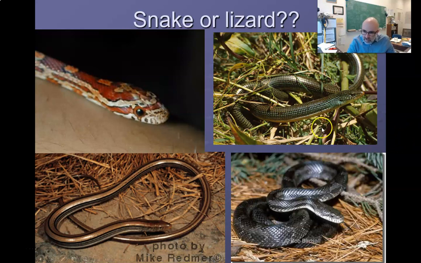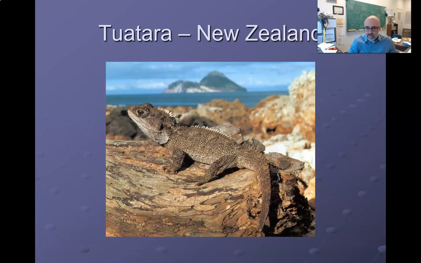Well, one thing is that snakes don't have external ears. They can't hear any airborne sound, versus this glass lizard, which has an ear opening. So these two are the lizards. Also, if you flip them over and look at their ventral scales, on the lizard they pretty much look like they do on the top. On the snake, they have enlarged scales on their venter. So that was order